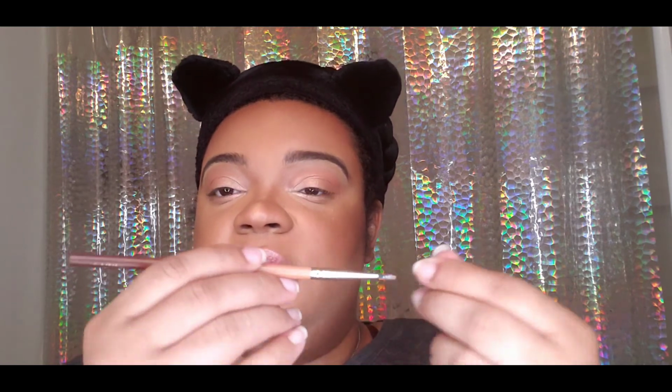So I really like the way that the color hits. I do think that it needs some dimension. So with the Precise Liner brush from Colored Rain, I'm gonna try Visionary first. This color right here, I think that's gonna be popular. It's gonna be a little bit too dark. And so I'm literally just gonna go close to my lash line here,